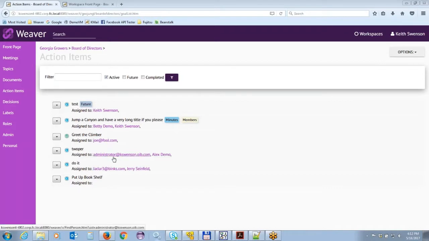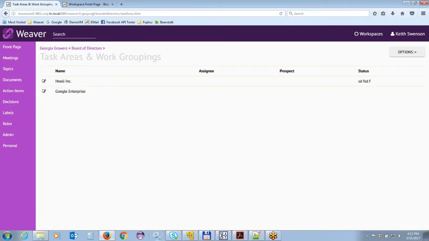They look like this. This is a list of action items and again you can filter them and rearrange them, but John wanted for the operational meetings a little bit more structure on this. So what I've now added is not only the action item view and the status list view, which we had before, but also the task areas. So if I go to manage task areas, I'll see that I created two task areas,